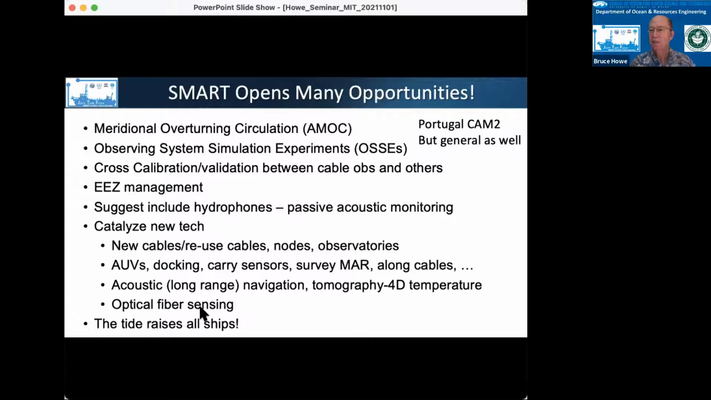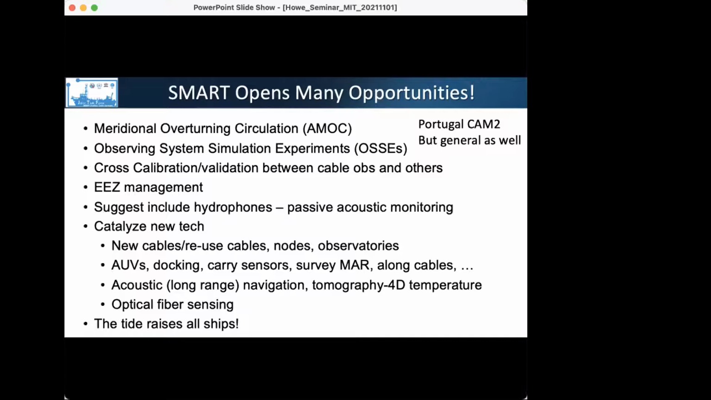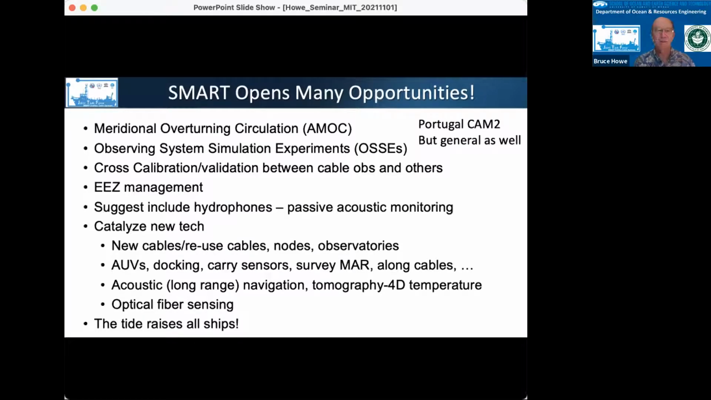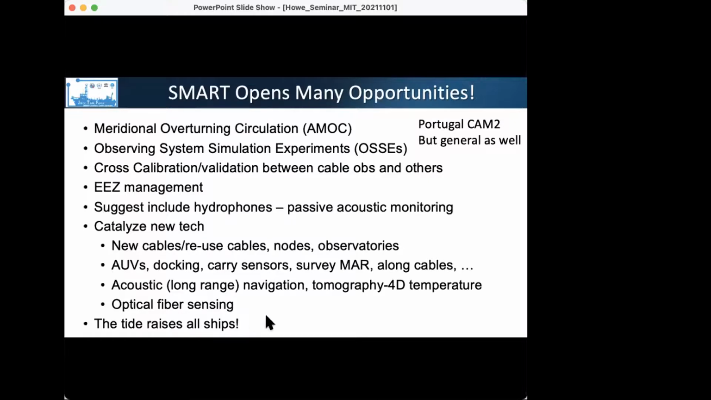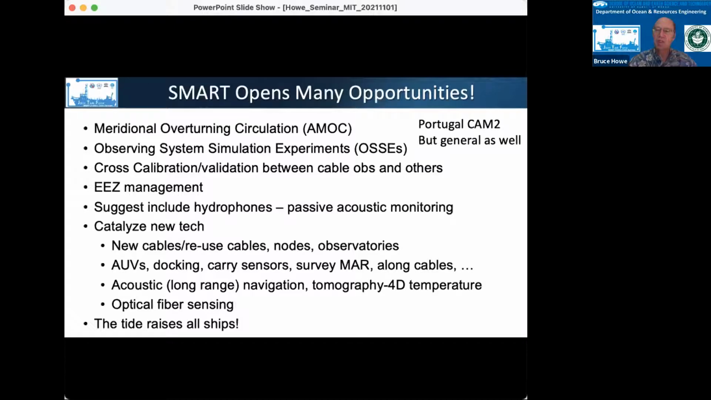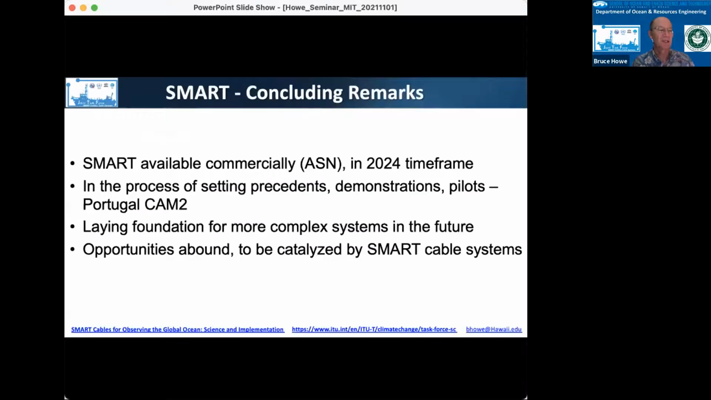Also, there's a new measurement technique underway now called optical fiber sensing, and these cables will catalyze a lot of development in that area. And just lastly, the tide raises all ships. So, one project succeeds, like hopefully smart cables will, all these other things can also move forward. So in conclusion, I think smart